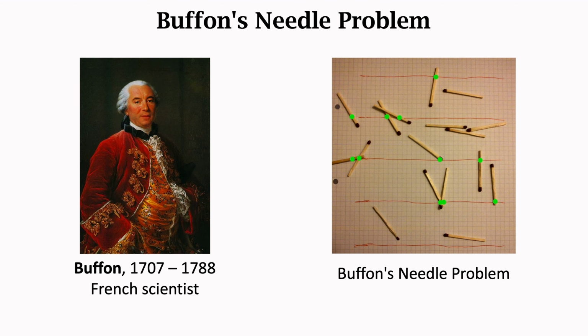Another example is Buffon's needle problem. It's also a Monte Carlo method for calculating pi. Buffon was born in 1707, about half a century later than Newton and Leibniz. In Buffon's time, calculus was already popular. The people knew integrals. Buffon's needle problem is about using Monte Carlo to calculate pi.